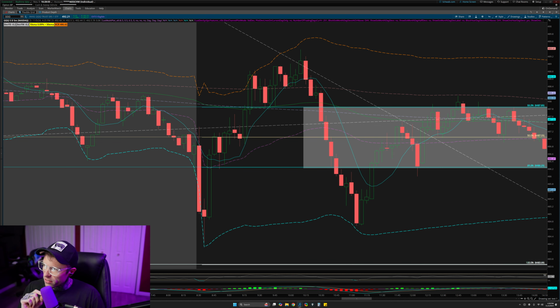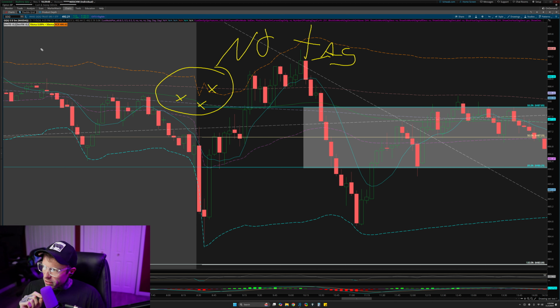So when something doesn't complete a hit, notice the 666 is not hit, the 100 EMA in the green is not hit, the 200 SMA, all no tags, okay? Well, what does that mean? We have potential to have a reversal back to those moving averages. Why? Because algorithms like to complete tags.